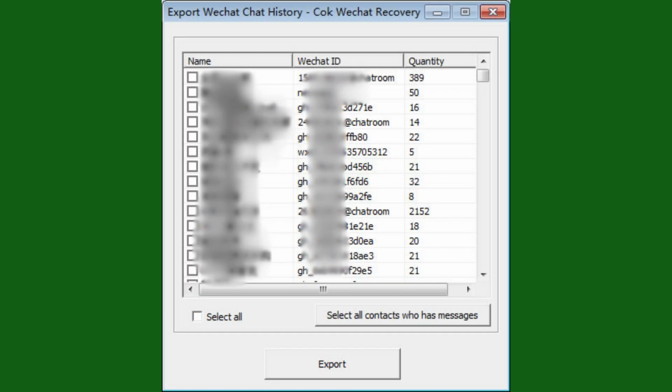You can also export your chat history as an HTML file, so you can view it later without opening the software. Just go to File, then Export, select the contact whose chats you want to save, and follow the prompts. This method works for text messages, voice messages, pictures, and other media, making it a reliable way to recover lost